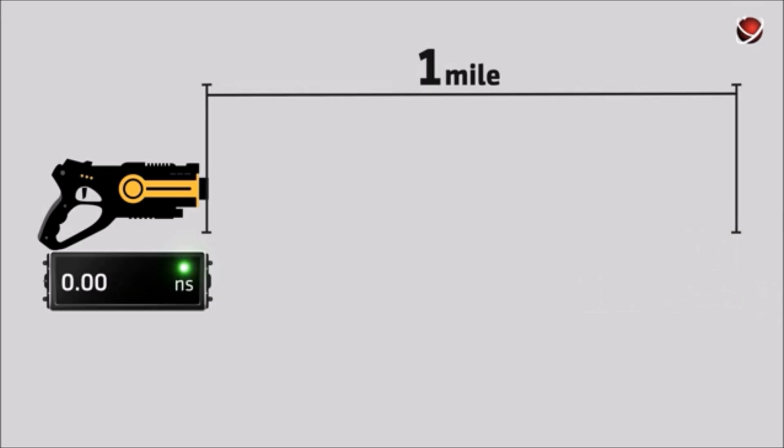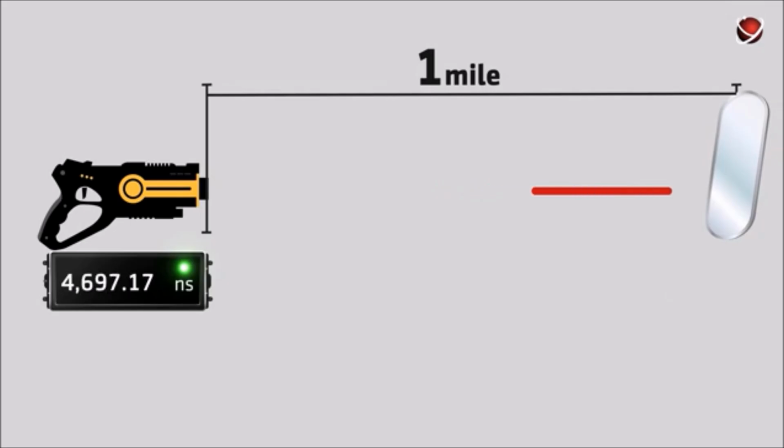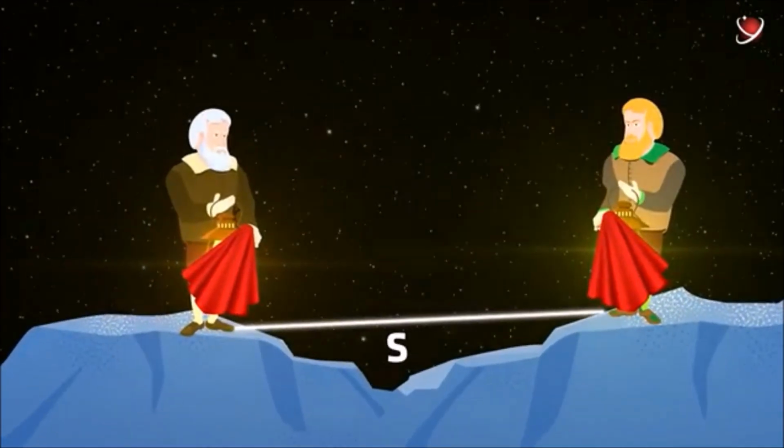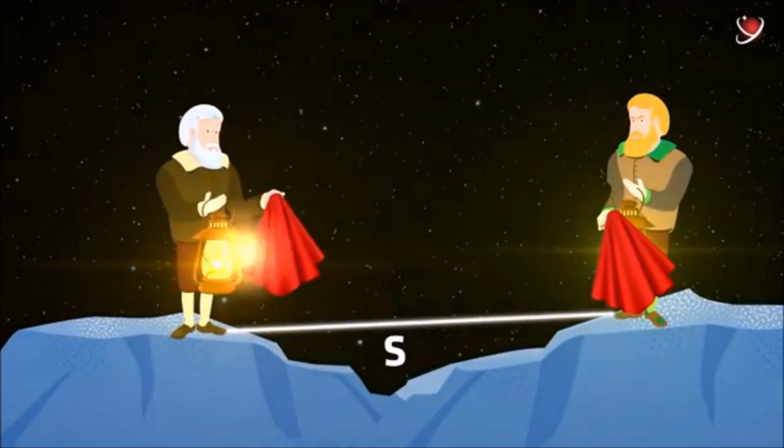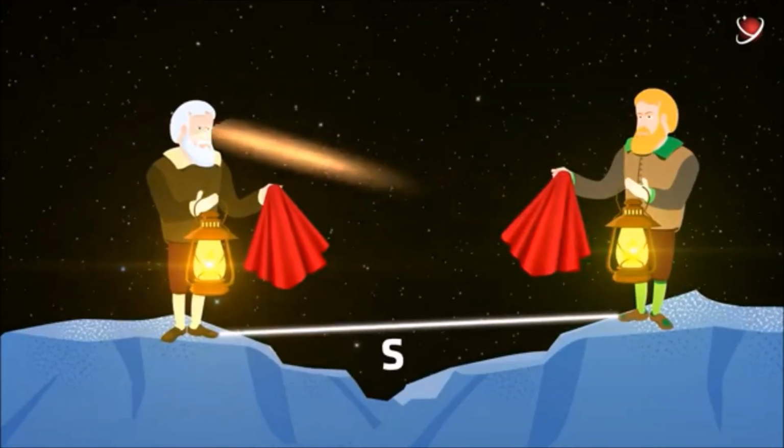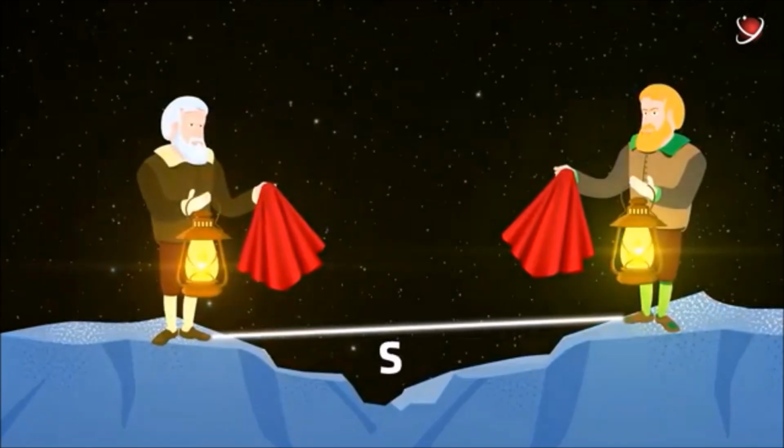Okay, let's throw away the second timer, put a mirror at the end of the path that would reflect the light and use a single timer to measure the time that it takes for the beam to travel 2 kilometers there and back. Does this remind you of anything? That's right. That's exactly what Galileo and his followers tried to do. We've come full circle. This result isn't valid because we didn't measure, but calculated the speed of light, based on indirect evidence.